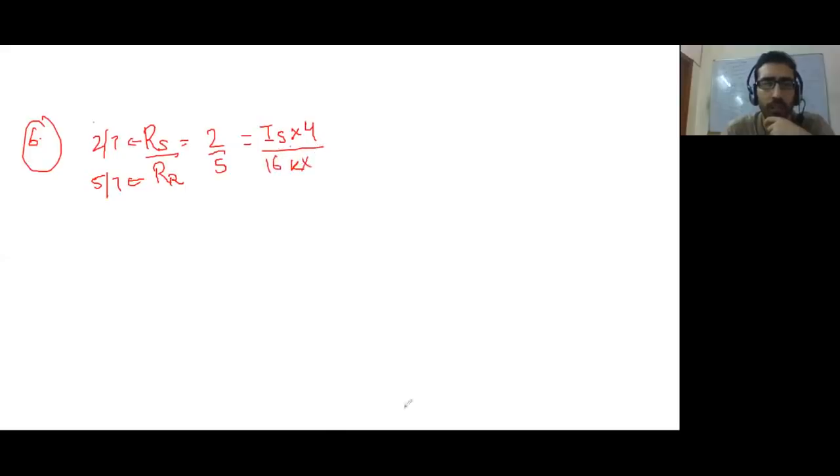Into was it 7 months? For 8 months, into 8, so you can calculate now. Of course, this is 2 into 32, so investment done by Shyam must be 64,000 by 5, which is of course 12,800, 12.8K.